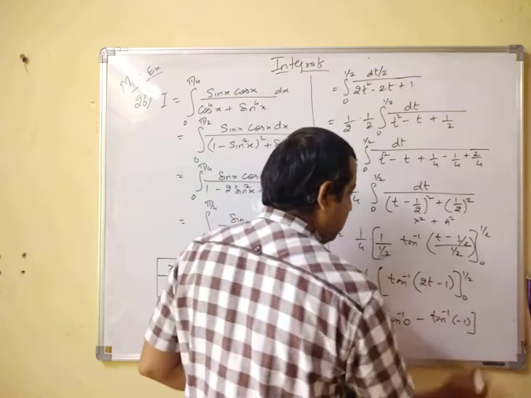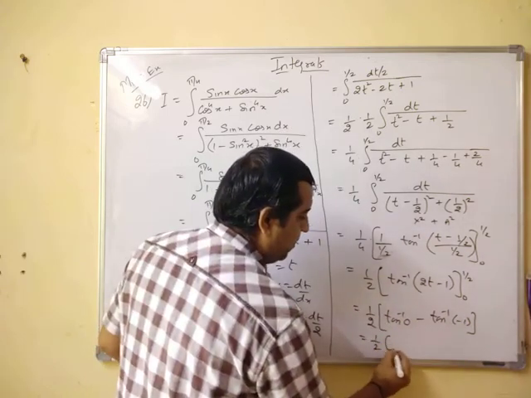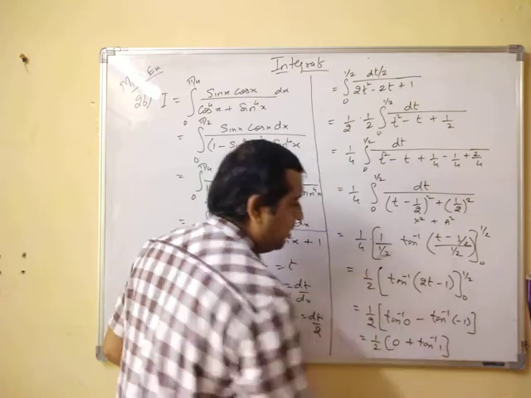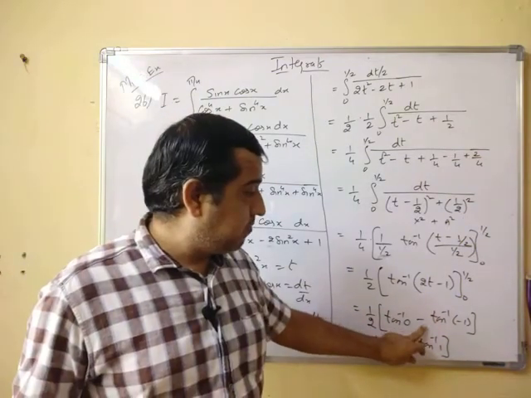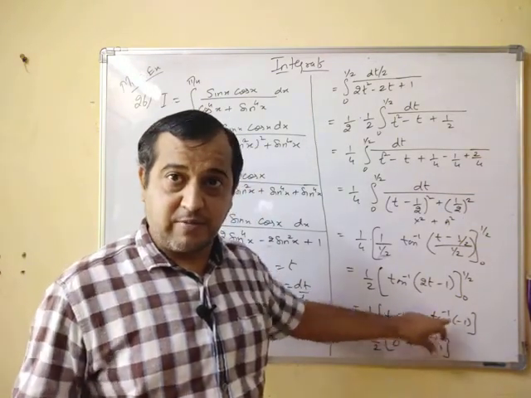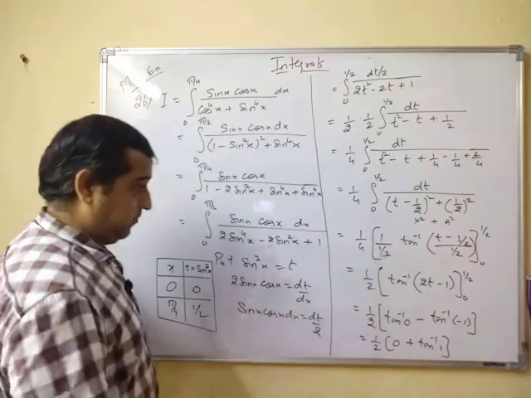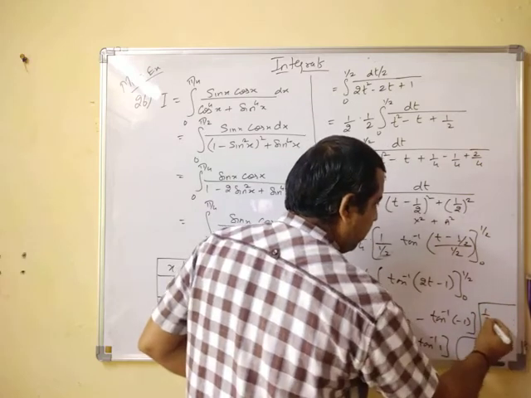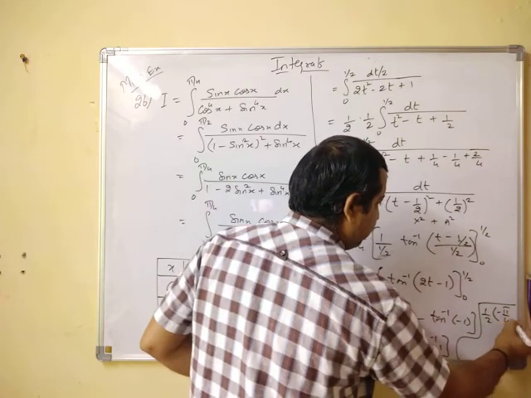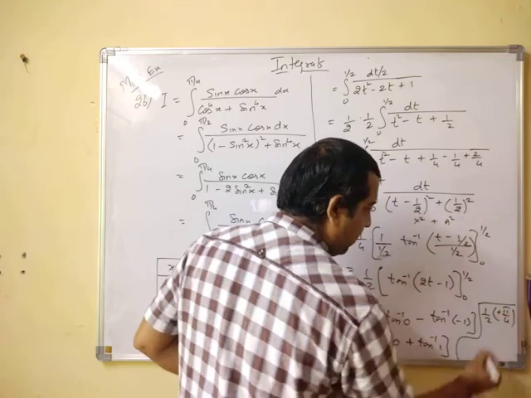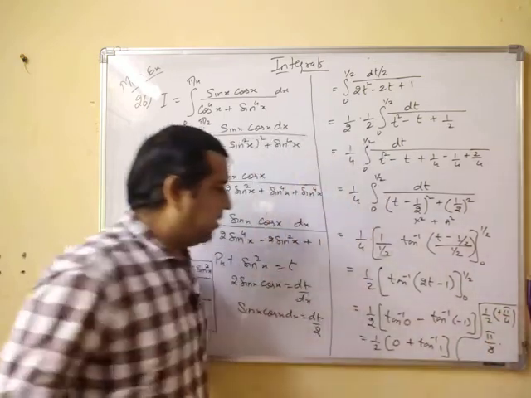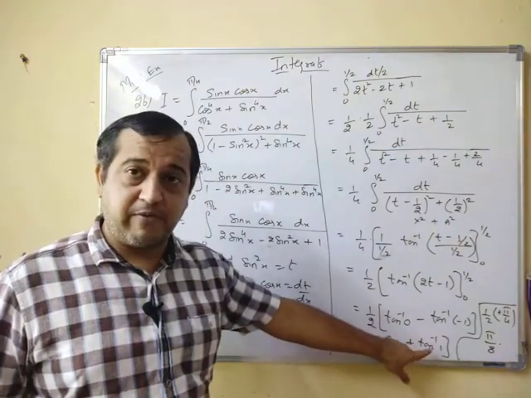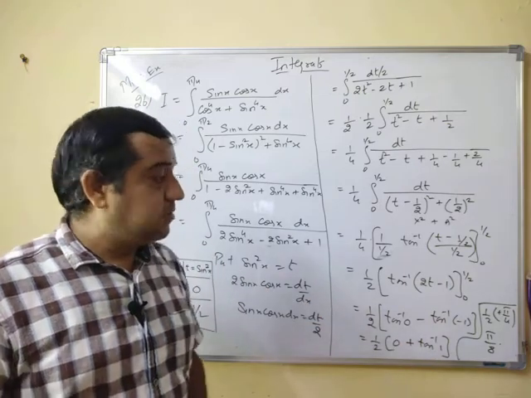Now this is half, tan inverse 0 is 0, minus and minus, plus, you can write this as tan inverse 1. This turns out to be 0, minus tan inverse of minus x is minus tan inverse x, minus comes outside. Now as far as tan inverse 1 is concerned, 0 as it is, and plus tan inverse 1, tan inverse 1 is pi by 4, so pi by 4 into half, this gives you the answer pi by 8.